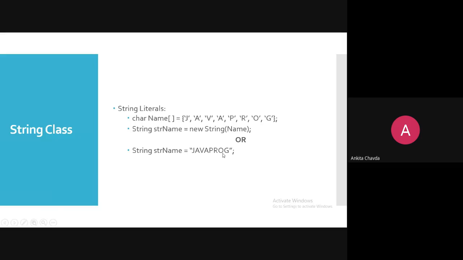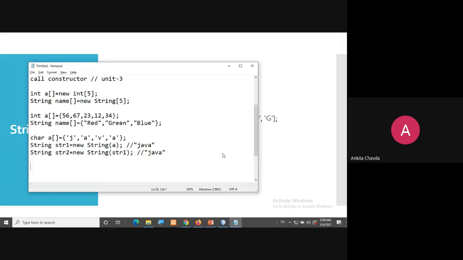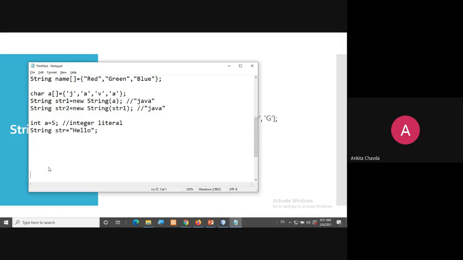Very similar to when you give integer a is equal to 5. Here 5 is nothing but an integer literal. Same way, you can have string str is equal to hello. So this is the way I can give the string. This hello is my string literal.